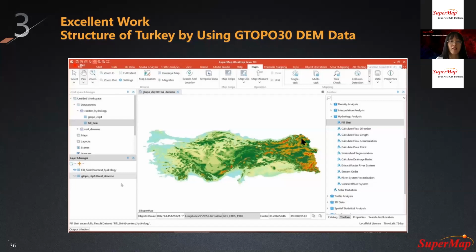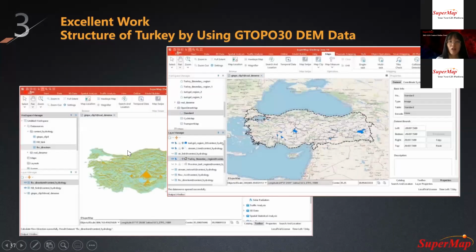And then he had some results in SuperMap iDesktop, but he's not just satisfied with the simple result. He also added a base map for his work, and also some extra elements such as the border here. And so this is how he finally presented his work.